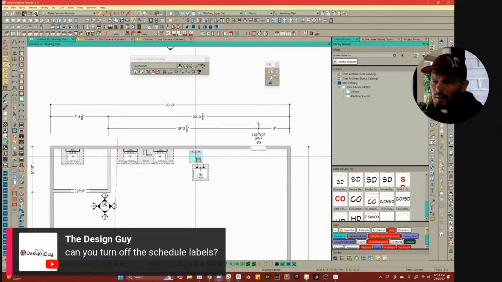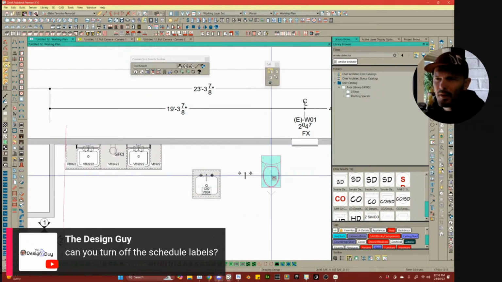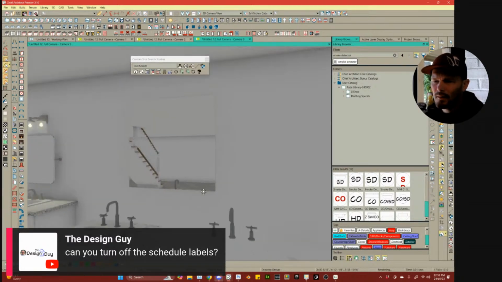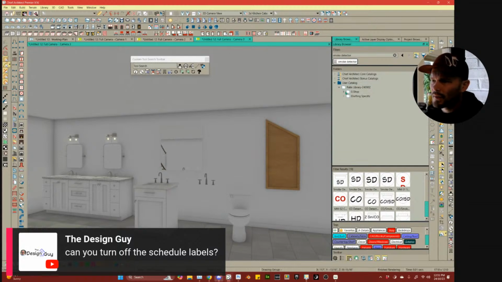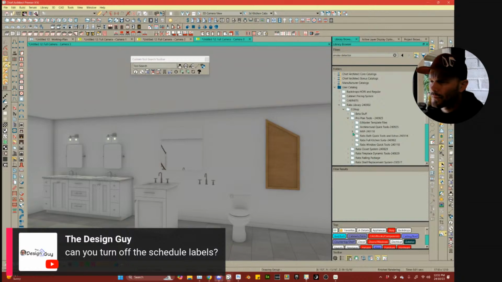Other things that I've gotten here is just a sink and faucet combined, or a faucet by itself, toilet by itself. I've got just a flat mirror. That's, I think, a beveled mirror, if you will. And then in the library, if we get into our shop and get into Pro Plan tools, and then we get into Bath Quick Tools, we've got a bunch